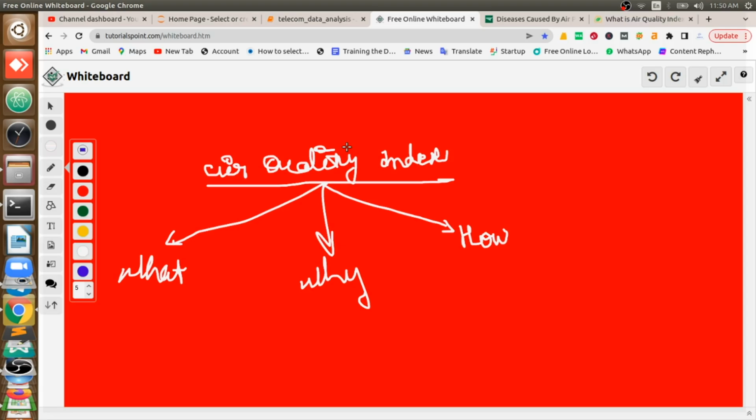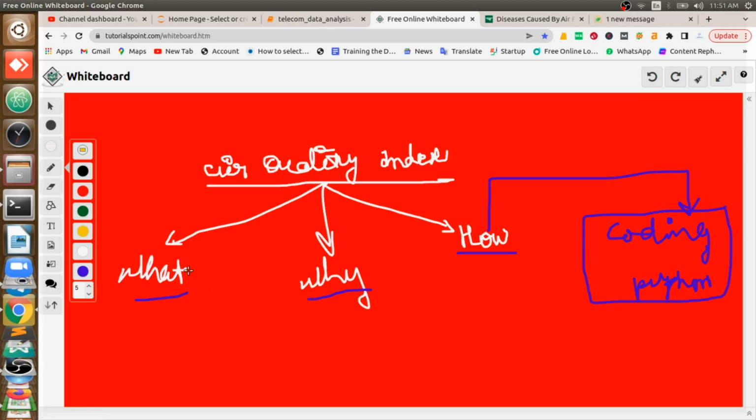Today we are going to work on a concept called predicting the air quality index by using machine learning. We will see three concepts here. What is air quality index? Why air quality index is the most important key, and how we are going to do that using machine learning. The last part will be completely the implementation part, and it will be 100% coding. Here we are going to use Python. We will take them one by one.